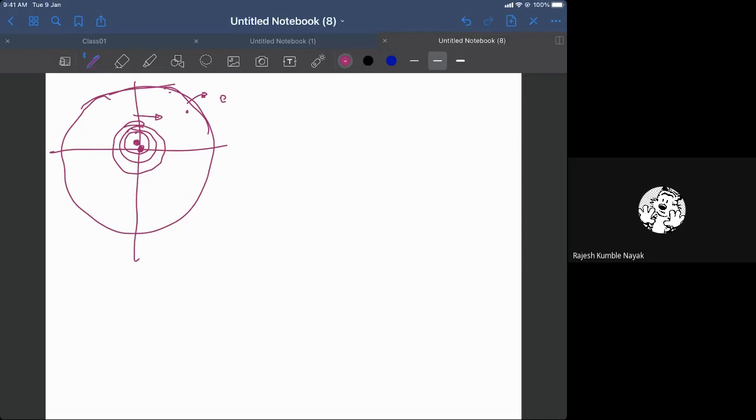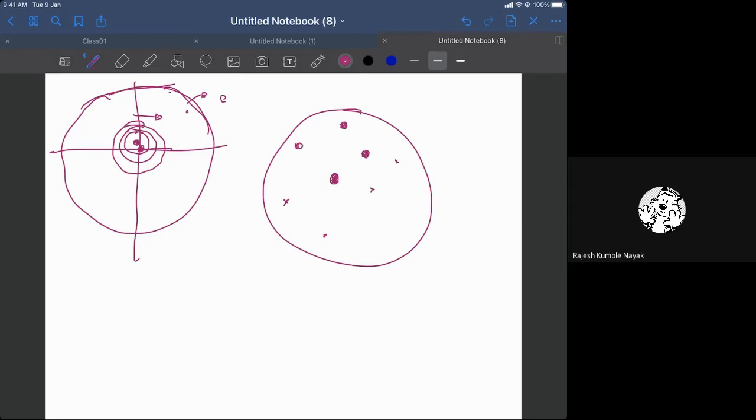It means that no point in the universe will have any significance. That means every point in the universe is the same. Now you see that there is a correspondence here. Since every point in the universe is the same, you might take yourself as the center of the universe itself. There is no harm doing it. But you have to understand that every other point also has the same significance.